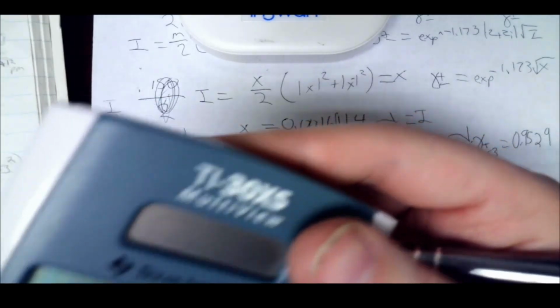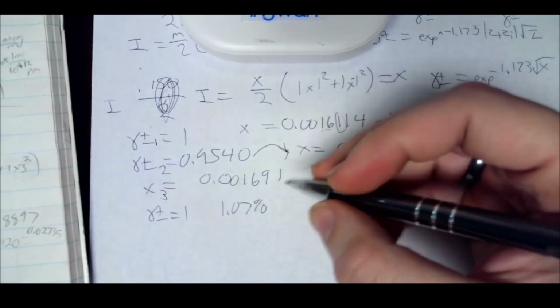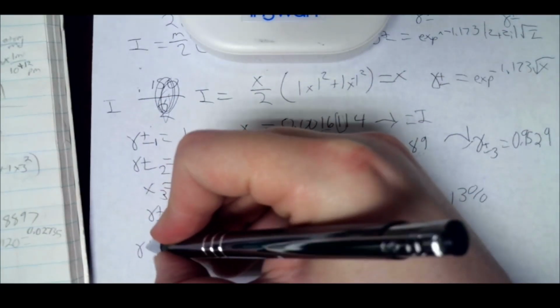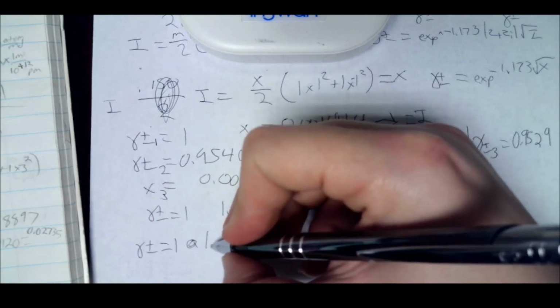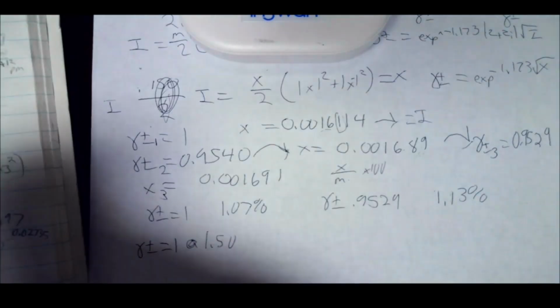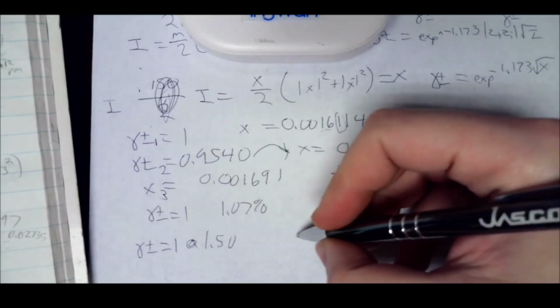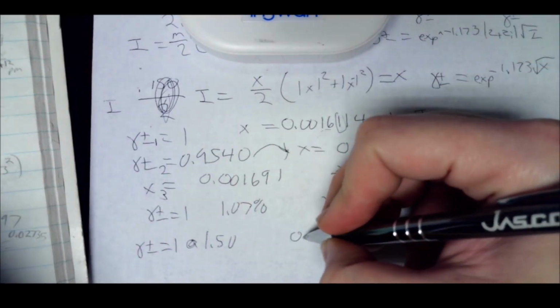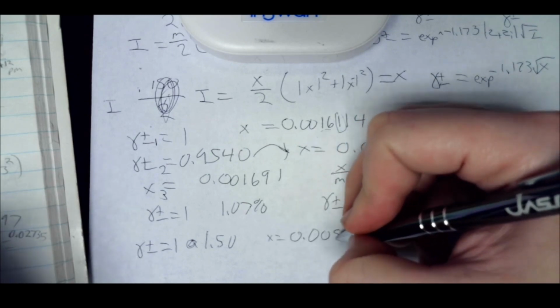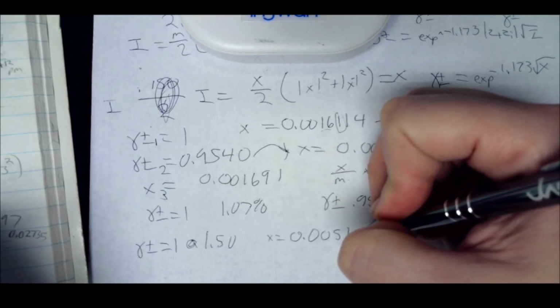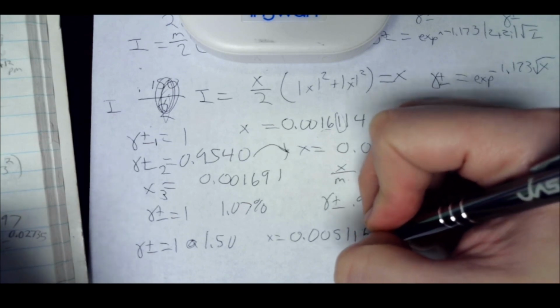But we can run it either way. So run the same way. If gamma plus or minus equals 1, with the quadratic we get x is equal to 0.00511, we'll say 5115,